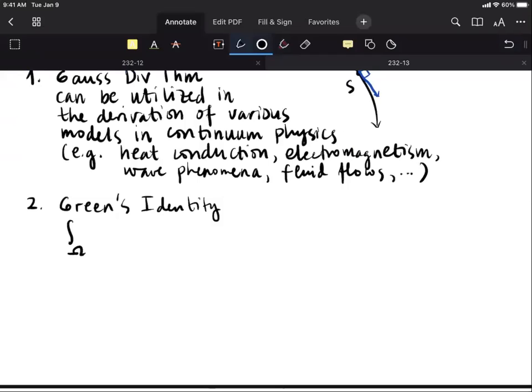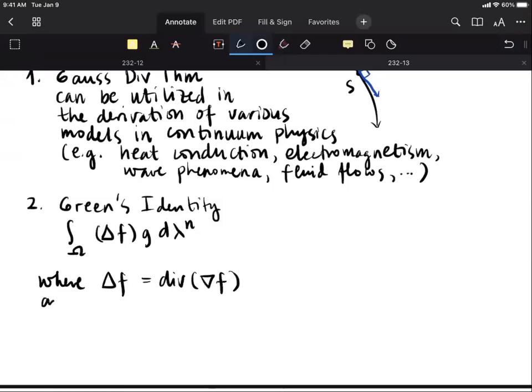The integral of the product of the Laplacian of f times g, where the Laplacian of f is the divergence of the gradient field,